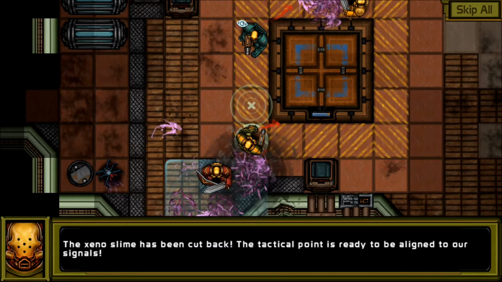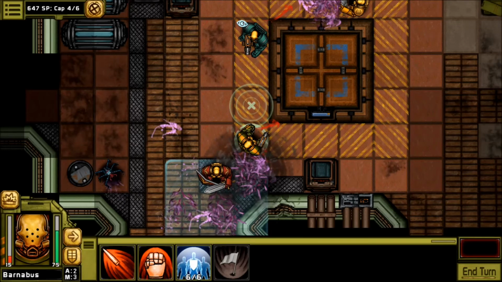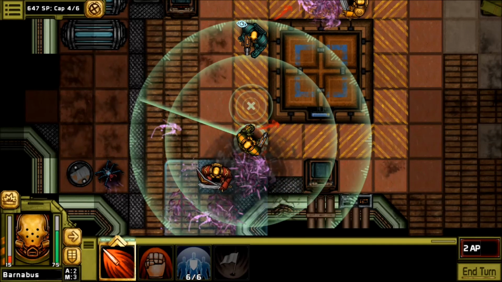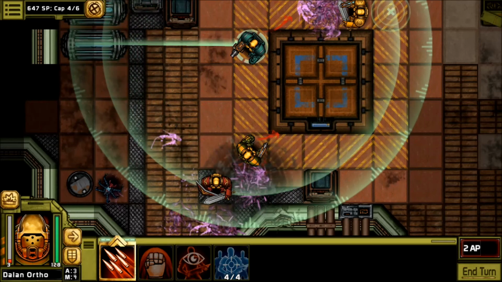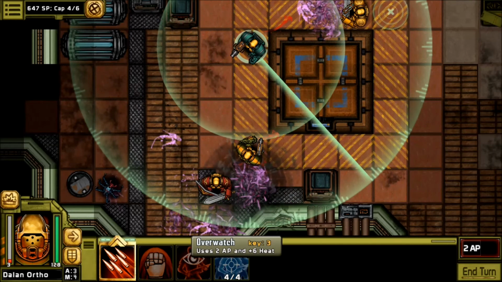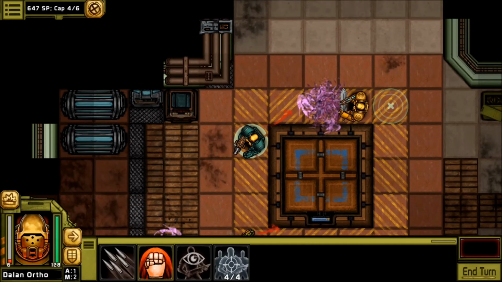The tactical point is ready to be aligned to our signals, which I believe we have to sit around for a little longer. To claim attack point, use your engineer's capture talent again next turn and click on the center of the attack point. That's right, it's open now. It just needs to be claimed by me. So we can't do that this turn, but I should be able to still... Oh, he's just barely out of range. No. Alright. What about him? Is he out of range? Oh! If I do it one more time, I can't use Overwatch, right? Yeah, I can do it one more time. Come on. He's got Luther over there protecting him anyway, so...